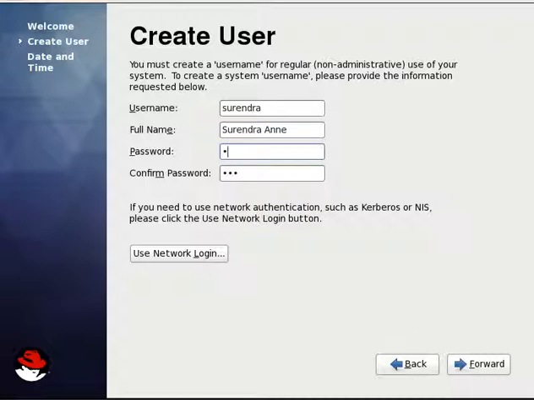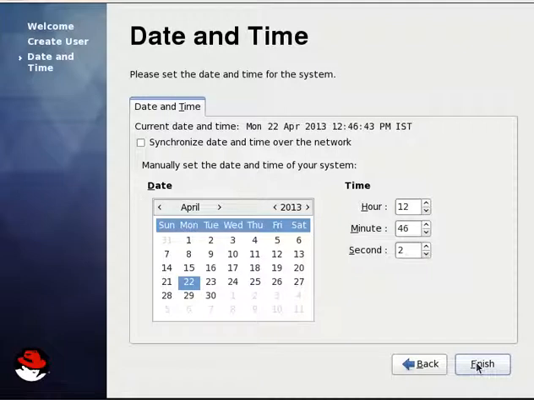I'll go with a complex password again, because it will be prompting. So I'll say next or forward. Yeah, the time and date are fine with me. Say finish. That's it. You're now prompted with the user logins and other stuff.